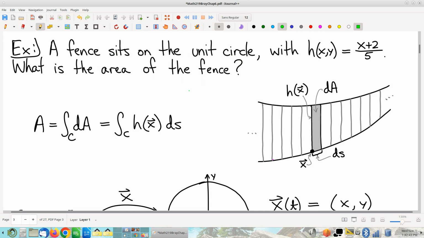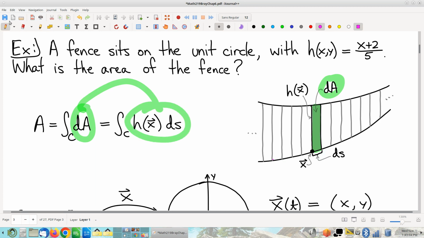And I'm going to make the observation that a little piece of area of this fence is a little piece of a rectangle. Again, approximately, pretty much, round off error, goes away in the limit and all that. And let's see here, how do I compute that area? That area is, I think pretty believably, the height of the fence, which again we know, it's given, times the width of that particular picket,